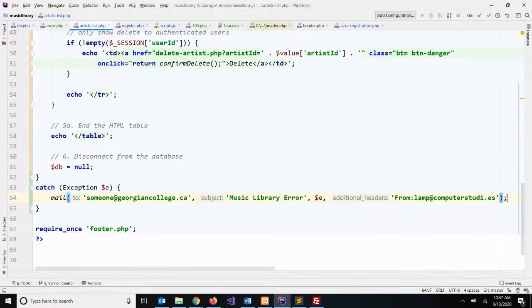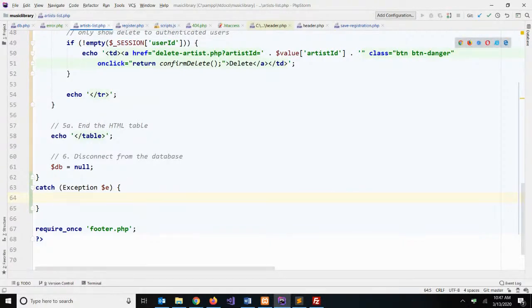And this is useful because then you know right away what's happened on your site. You get an email in your inbox telling you there's an error, and you can see the error message. Again, the mail functionality on the AWS server is extremely limited, so I'm not going to enable this code, but I'm just showing you what it would look like. In your assignments, you do not need to email the error messages to yourself. But what we do want to do in this case,